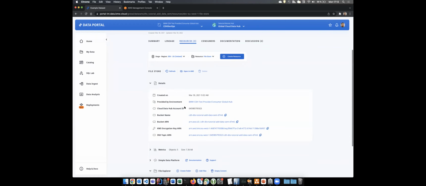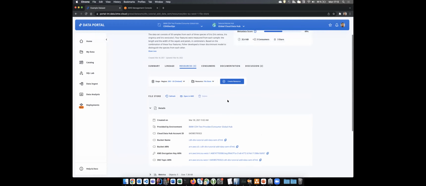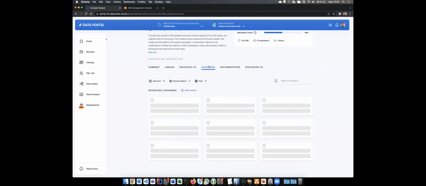So as you see here, we have here a bucket created for the data set, and we see the bucket ARN. And because I created this bucket with my provider account here, I can store data in that bucket and upload data there and upload the metadata definition. And afterwards, I can also give access to other accounts to this data set. And this is actually what we see here.